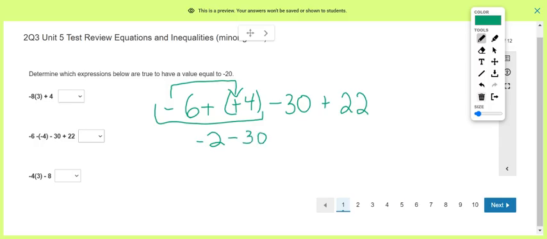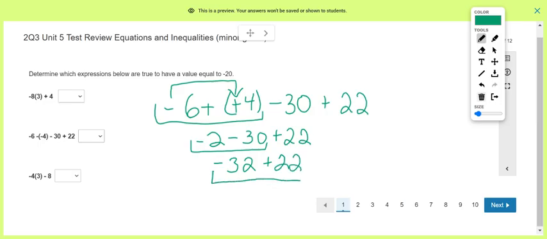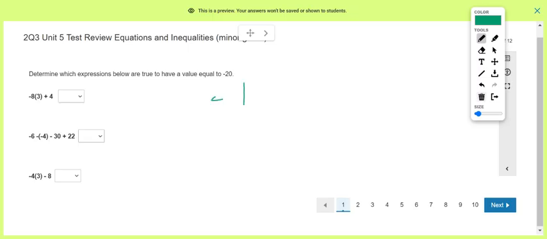So we rewrite the expression, and then we go from left to right. If you're at negative 2 and then minus 30, you're going to end up at negative 32. And if you're at negative 32 and then go positive 22, you're going to end up at negative 10. And then the third expression here,